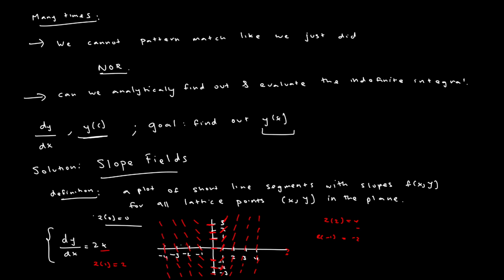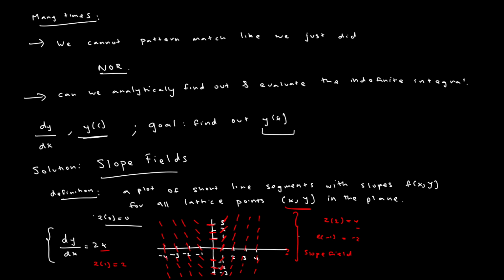And so this is an example of a slope field where we're just plotting out how the slopes look at various x-y combinations on lattice points. And why are slope fields helpful? Well, in general, the slope field helps us